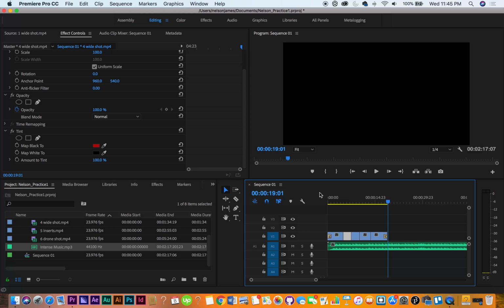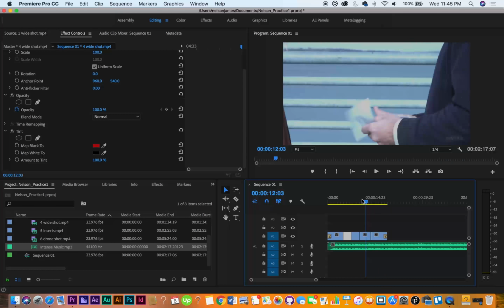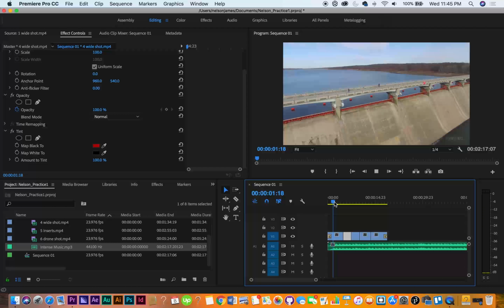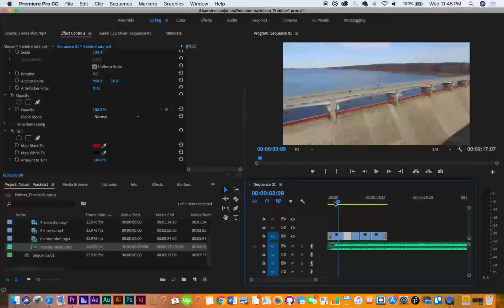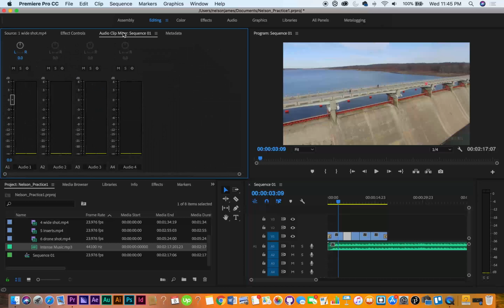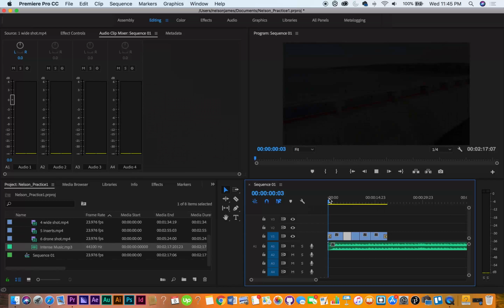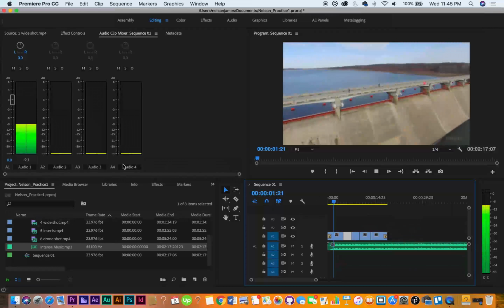Well, what I want to do is, since we've added the audio to the timeline, we're now going to adjust the loudness using the meter in the audio clip mixer to prevent distortion. While the levels are not that loud, we are going into yellow. That's pretty close to red. So we're going to adjust it a tad bit to make sure that